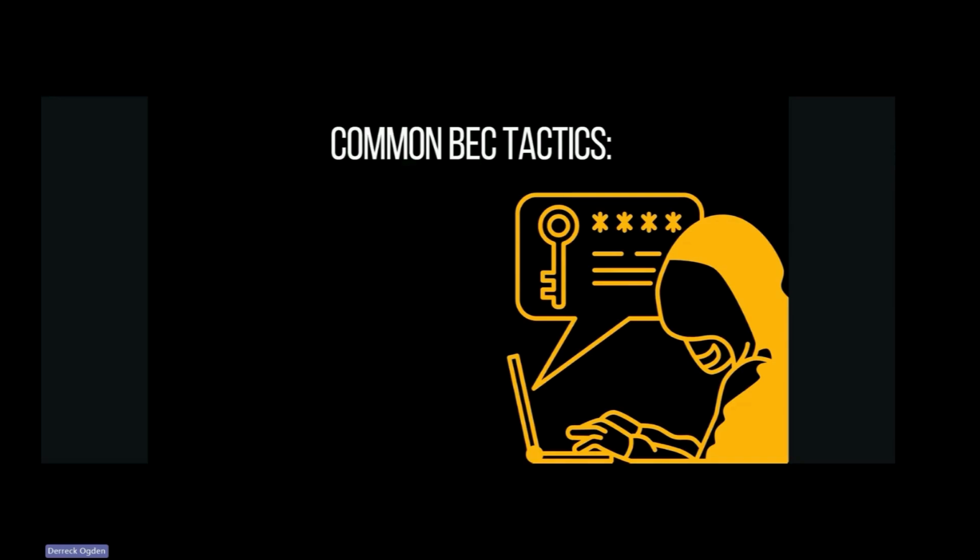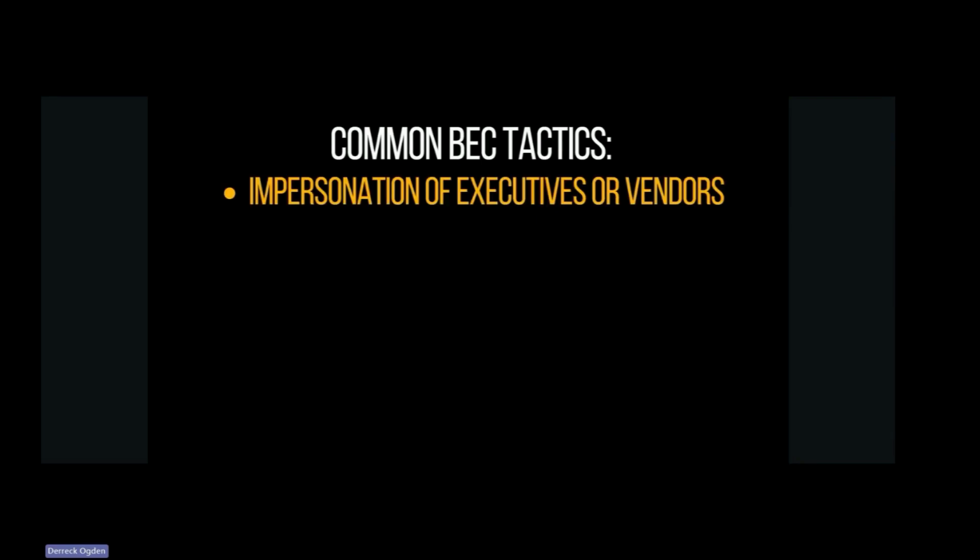So what are some common BEC tactics? We want to talk about how these people are catching your team and you. They're going to impersonate often executives or vendors of your company. One example from another ABA was that the family lawyer for the ABA owner was impersonated. He was actually hacked, and they sent an email to the ABA owner from his email account at his family law office, right? So they'll impersonate a vendor of yours, somebody you already have a relationship with, and you see, oh, hey, so-and-so sent me an email, let me open this. That's what happens.